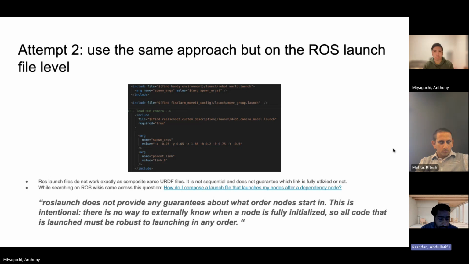I've tried different approaches by just thinking through the different tools that we have. So we have ROS launch files, we have URDFs. So I was like, maybe I could do it in the ROS launch file and do it sequentially. But then while going through the forums of ROS, first of all, the ROS launch file does not guarantee that these things will be launched in sequence. And on a higher level, if you go to the next slide,